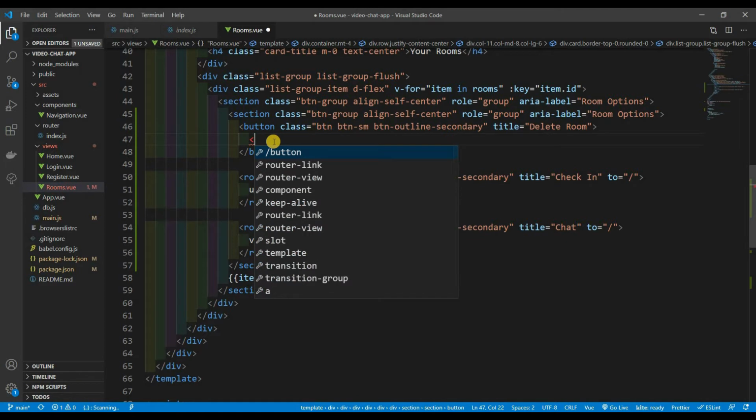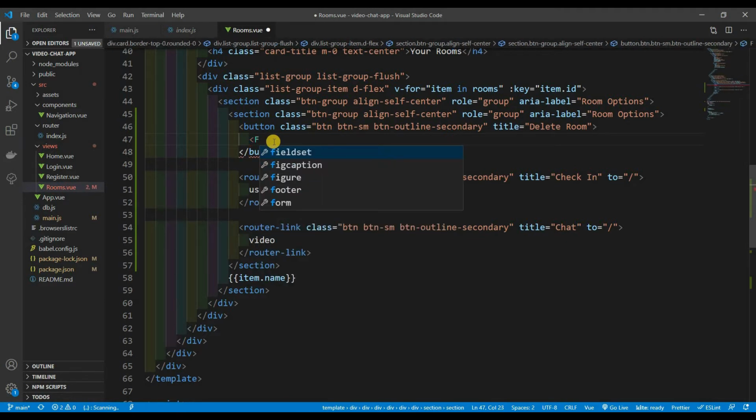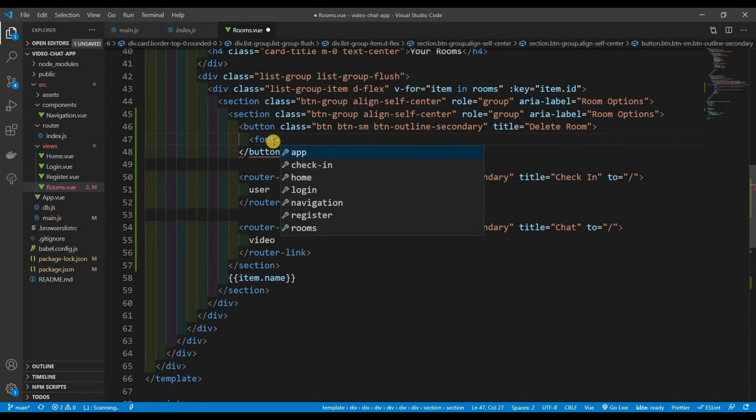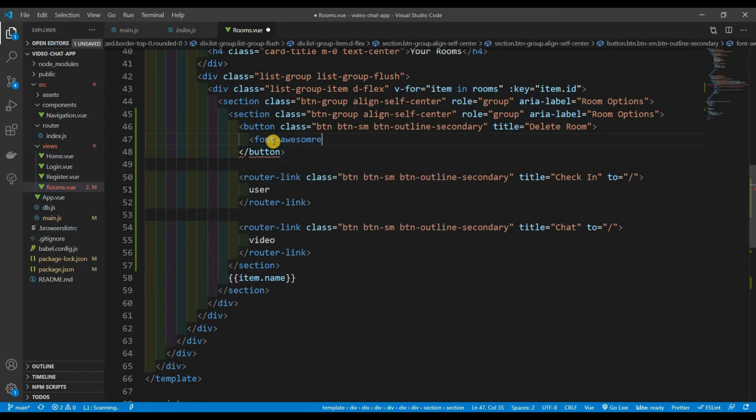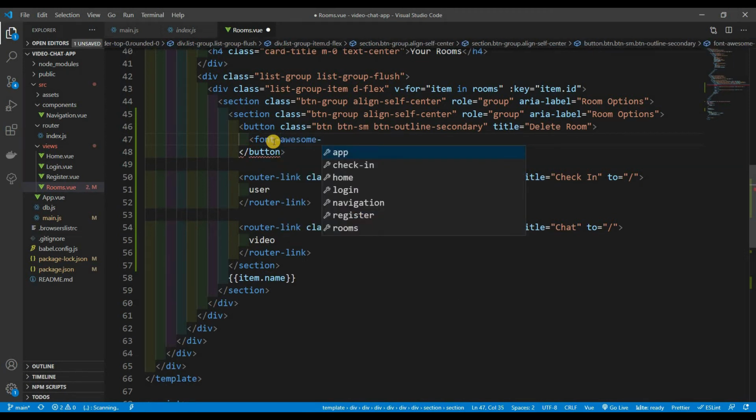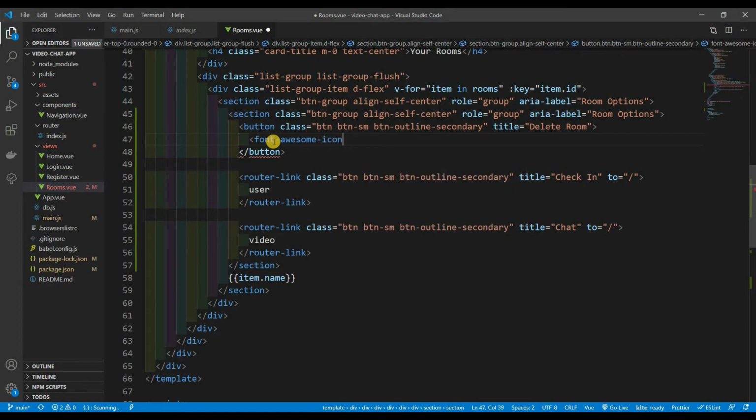And it's kind of weird. You're not going to expect it, but it's not called FontAwesomeIcon. It's literally called font-awesome-icon. This is a component, and all we have to do now is just say the icon we want